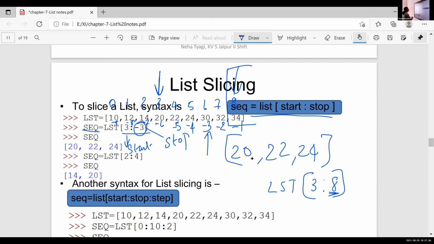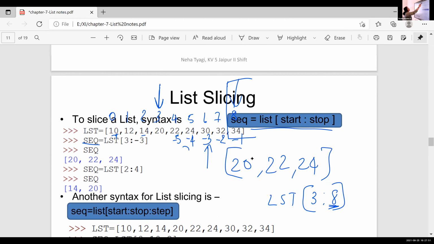LST of 2:4. Here 2 is the starting value. Then 4 is the stop value. So we can't include this 4.